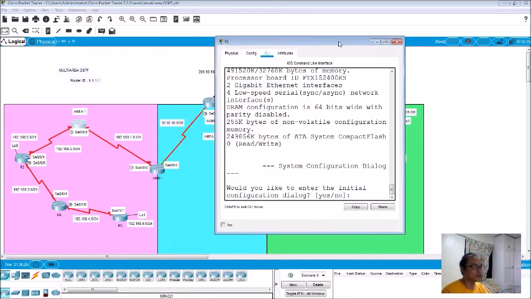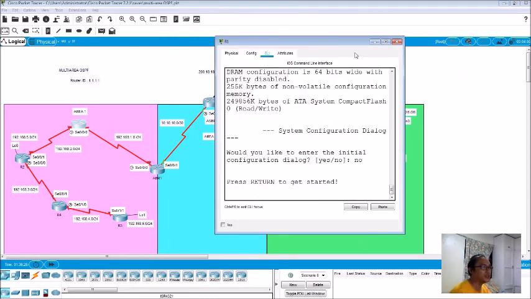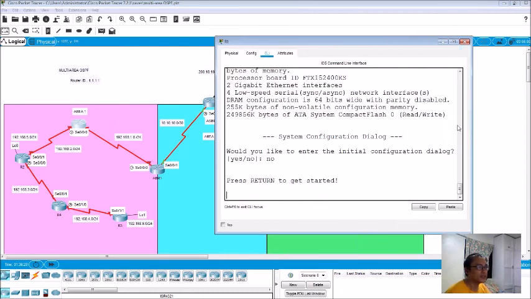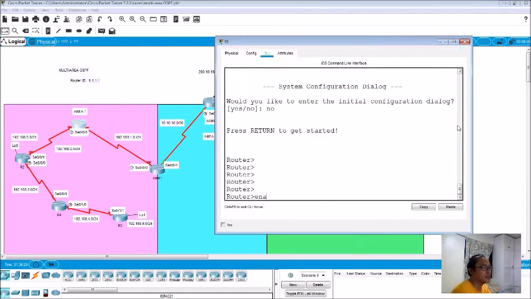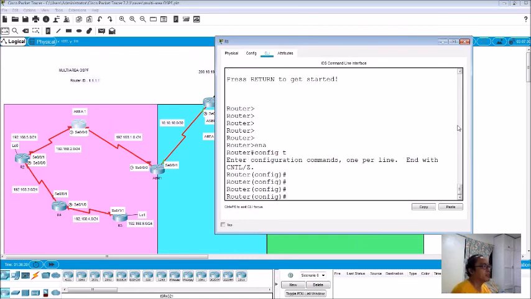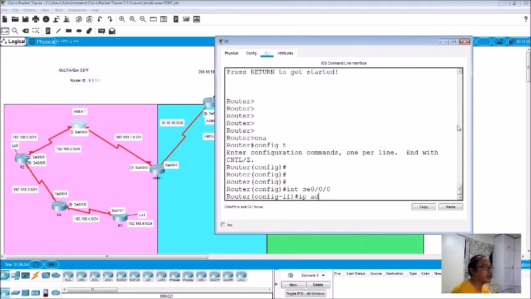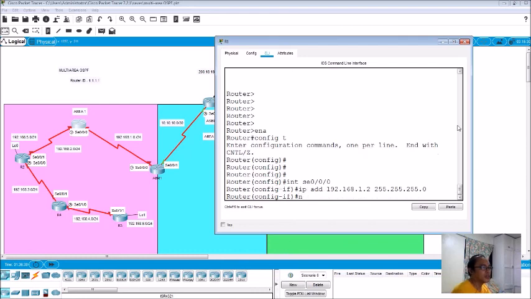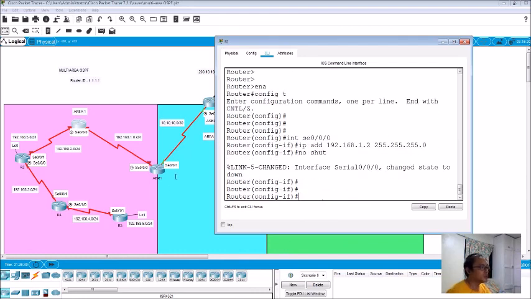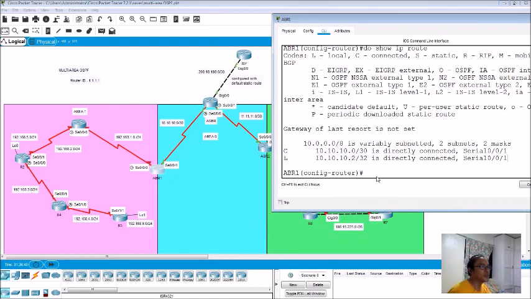Okay, here pasaylo sa akong kwan kay hinay jud kaayo. I don't know why naghinay ni siya. Okay, enable config t. Then we're going to configure the int se0.0.0, then IP add 192.168.1.2 255.255.255.0. Okay, enter, no shut. So we're going to configure this one also. Okay, int se0.0.0